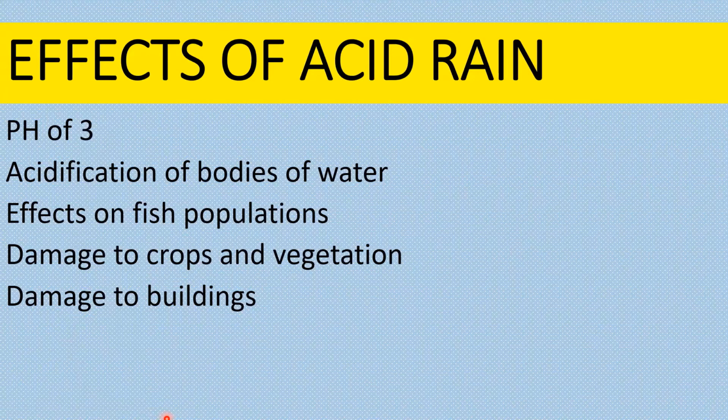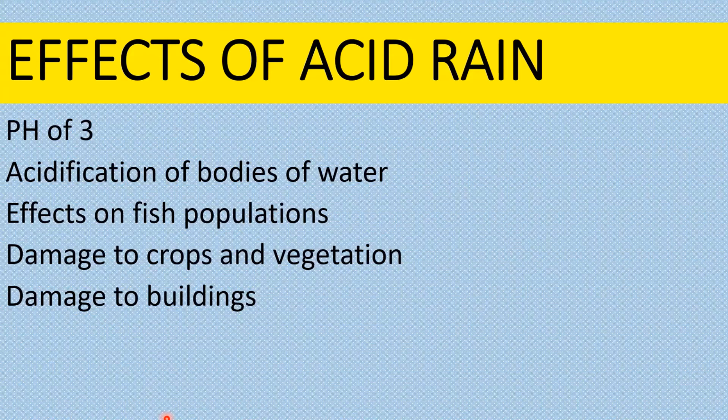When you talk about the acidification of bodies of water, as acid rainwater infiltrates into the soil, it dissolves aluminium and some other toxic metals into it. When the water reaches a river, it acidifies the water. Aluminium is toxic to aquatic plant life, and freshwater supplies are ruined by the pollution.